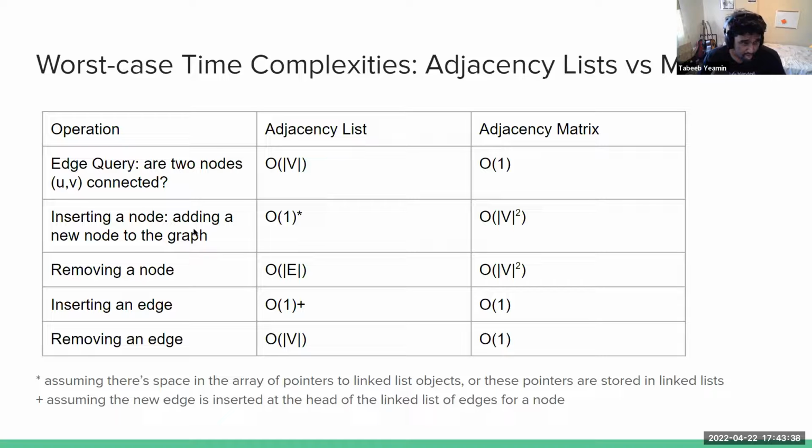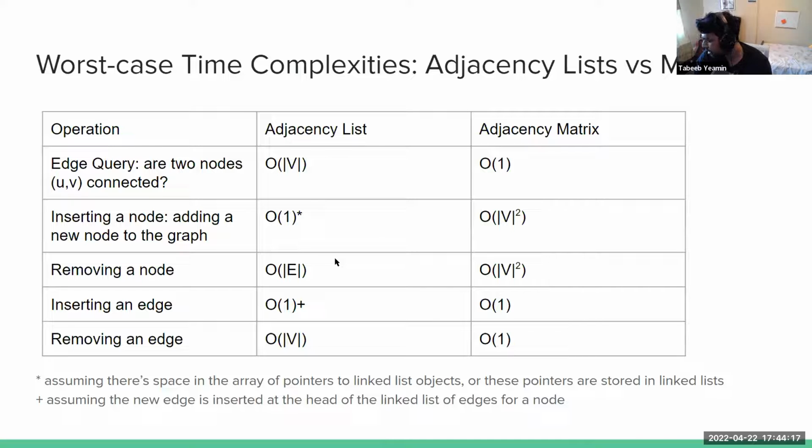Inserting a node, adding a new node to the graph. So in the case of an adjacency list, assuming there's space in the array of pointers to linked list objects, or these pointers are stored in linked lists, then it can be O of 1. And for adjacency matrix, it's going to be O of V squared. So the reason why it's going to be O of V squared is because if you insert a node, if you add a new node to the graph, you might have to resize the entire matrix, which means you need to add, since the matrix is going to be V squared, you need to add,